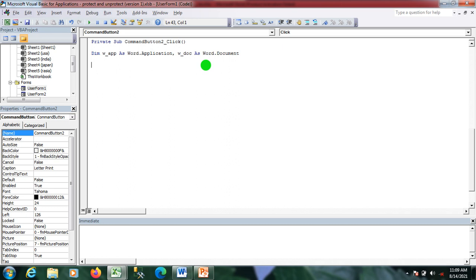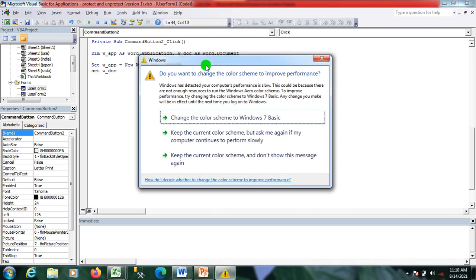Here we have two types of binding, late binding and early binding. I'm using early binding here. Now I'll set wordApp equal to New Word.Application, and I'll also set the Word document.